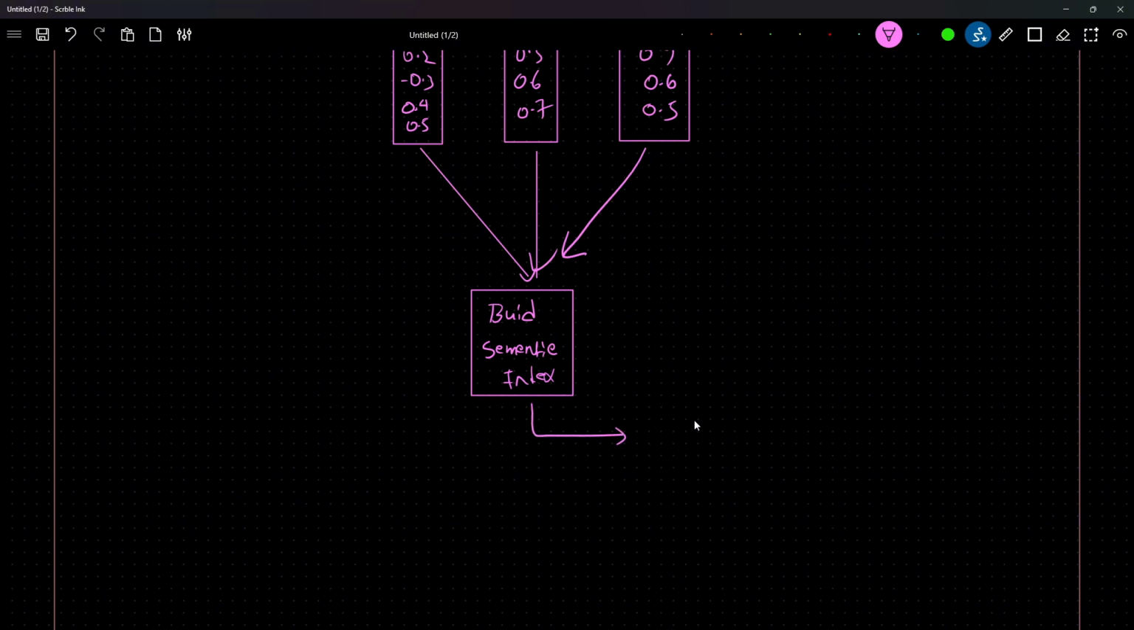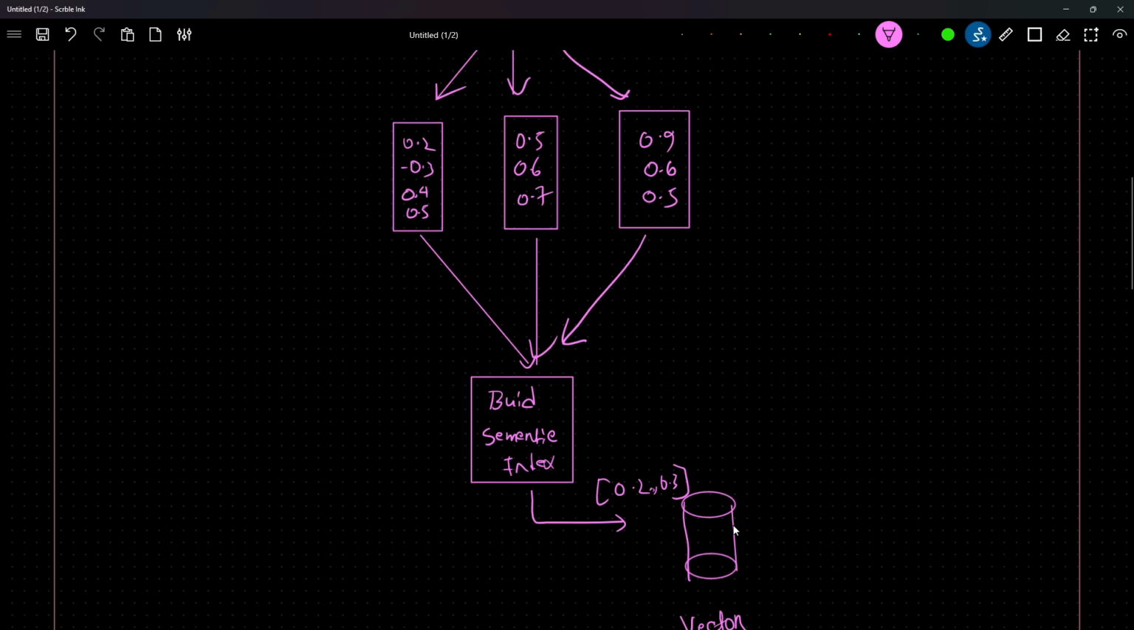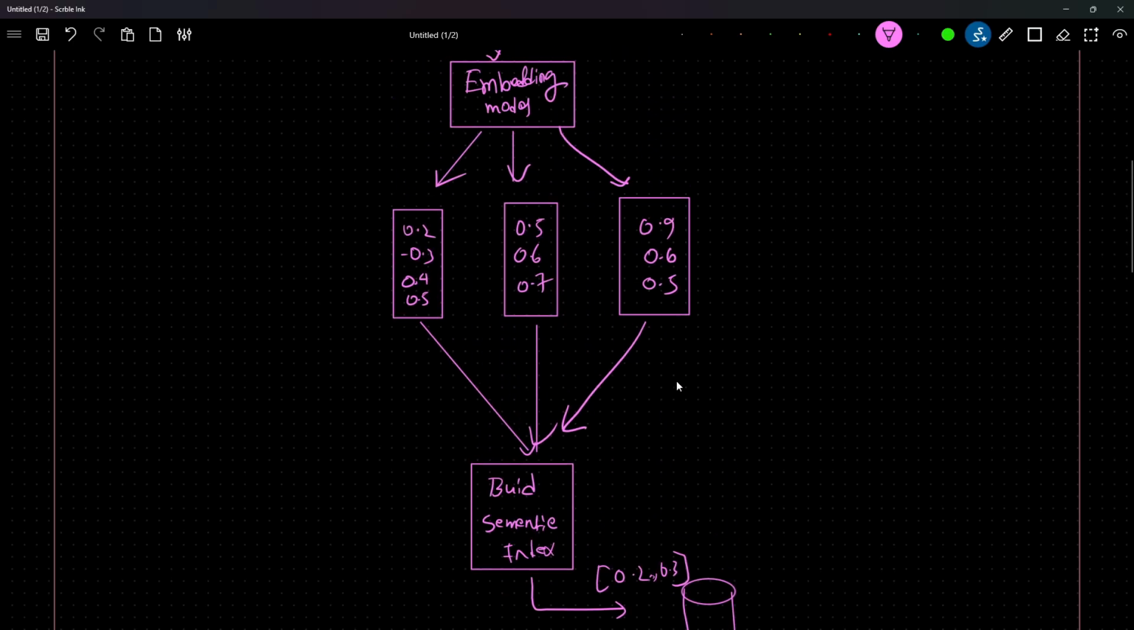So let's say this is my knowledge base, or let's say vector DB. So these vectors will come here, these vectors will come here, and they will be stored inside my vector DB. Okay, so once I'm able to store these vectors in my vector DB,